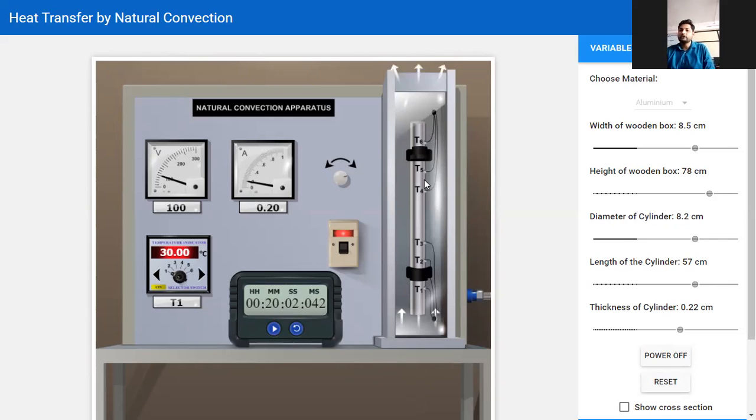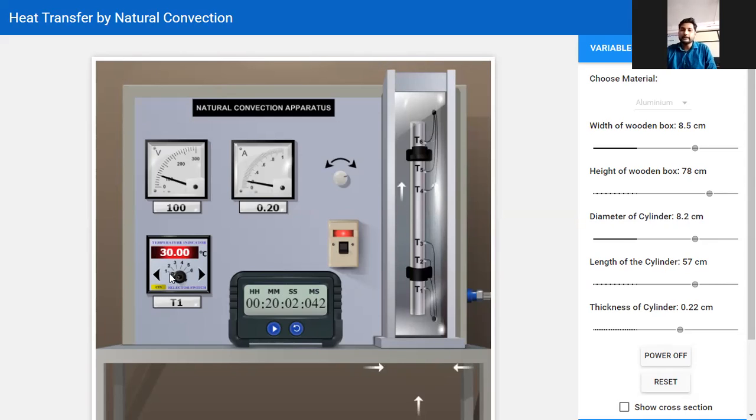As we have started this, the air which is in contact with the cylinder will get heated, and because of the density difference, that hot air having less density will move in the upward direction. This vacant place will be occupied by the cold air which moves from the bottom side over the surface of this cylindrical tube. After 20 minutes, you can see on the watch that the 20-minute time period is already achieved.